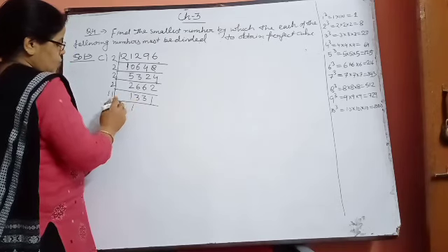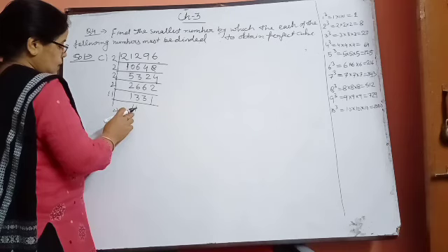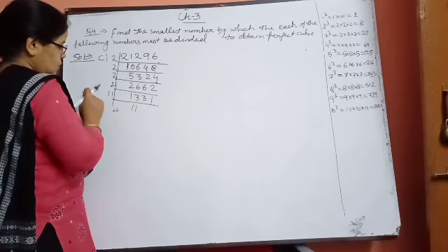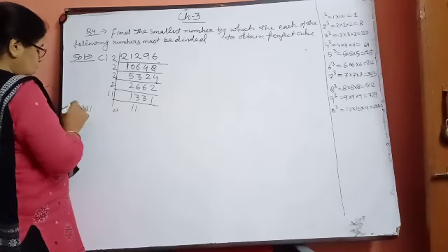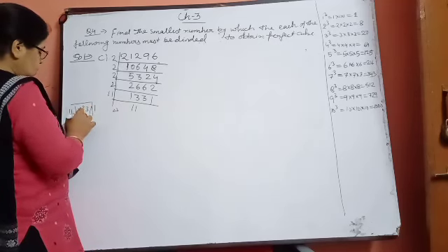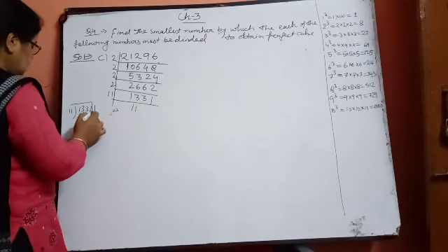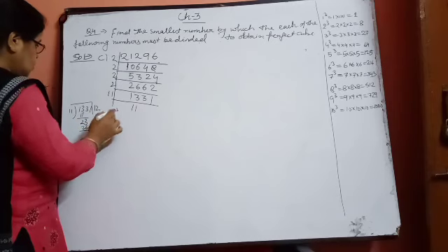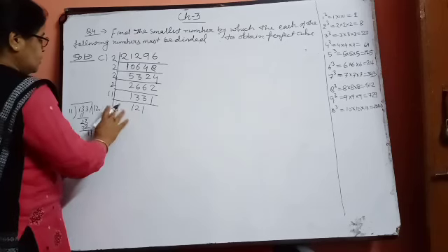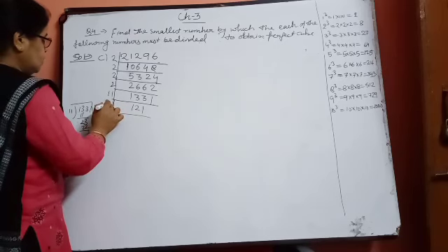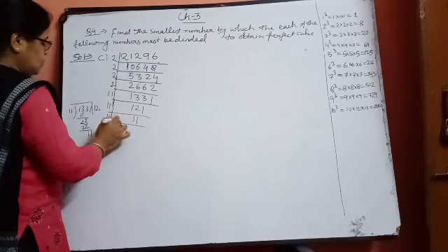See that 11 1s are 11. Then 2 will come 23, minus 11. Let's see. Wait a minute. 1331 will be divided by 11. 11 1s are 11, so it will become 3 minus 1, 2, 23. 11 2s are 22. Till 11, then 121. Then again by 11: 11 1s, 11 1s, and finally 11 1s are 11.